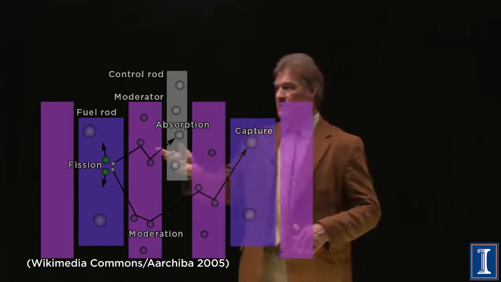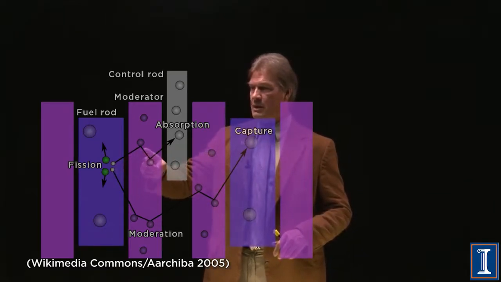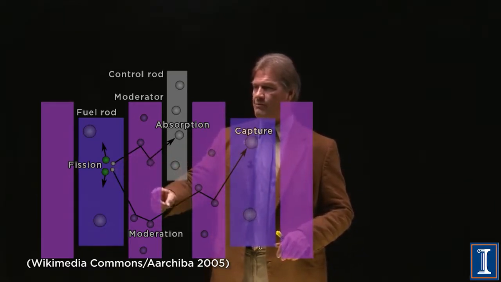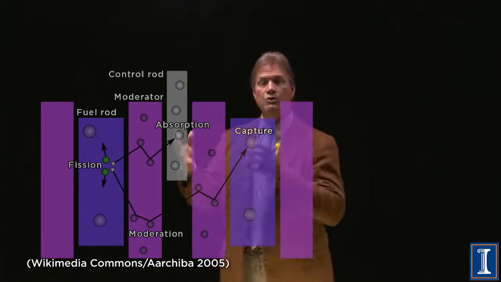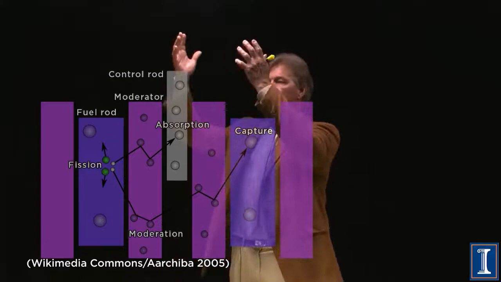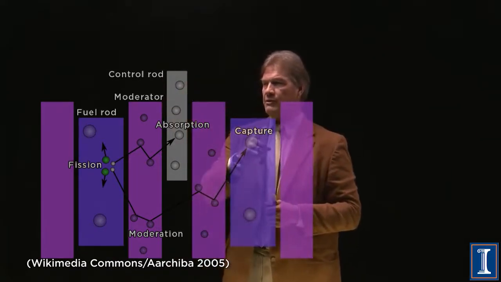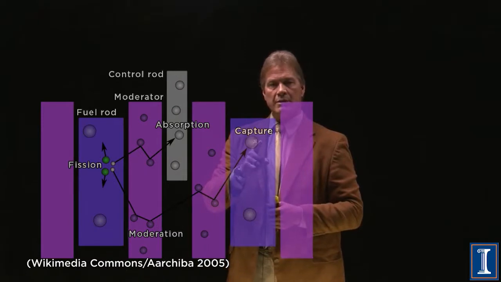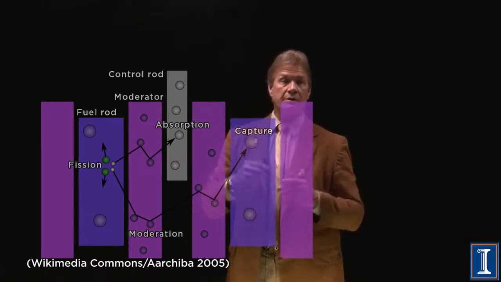Now, the next thing is that you see that the neutrons are produced. These are the fast neutrons. And they bounce around on the moderator. The moderator is the water flowing through the reactor. Eventually, when they slow down enough, they can be captured by another uranium nucleus and cause another chain reaction, and